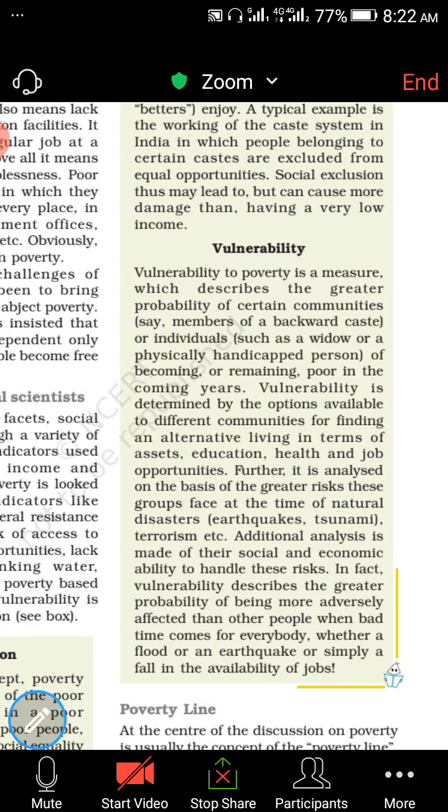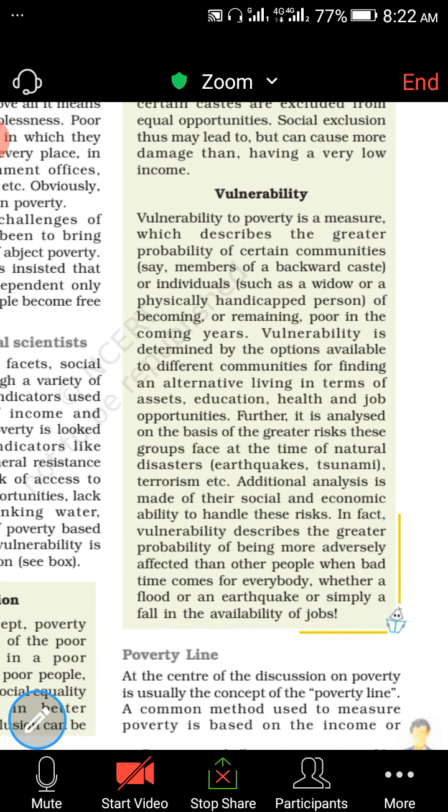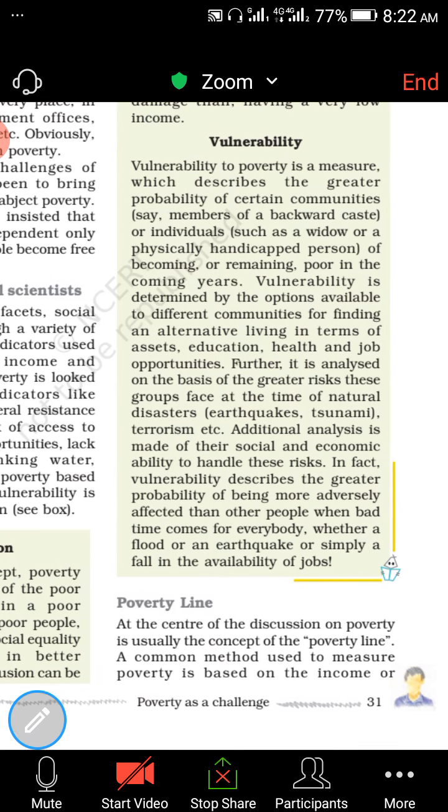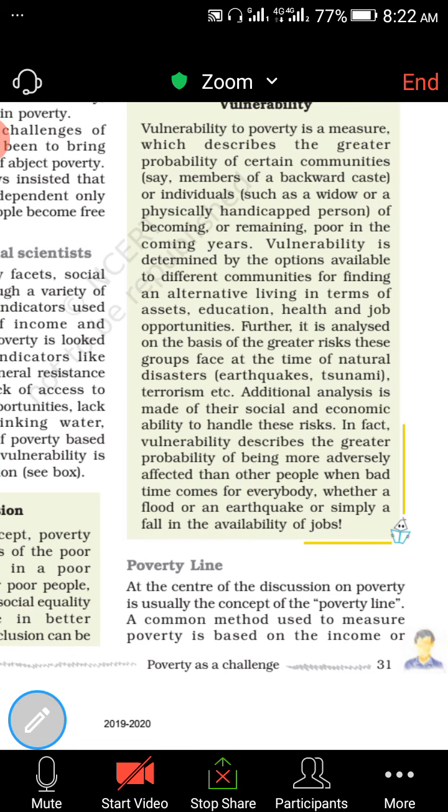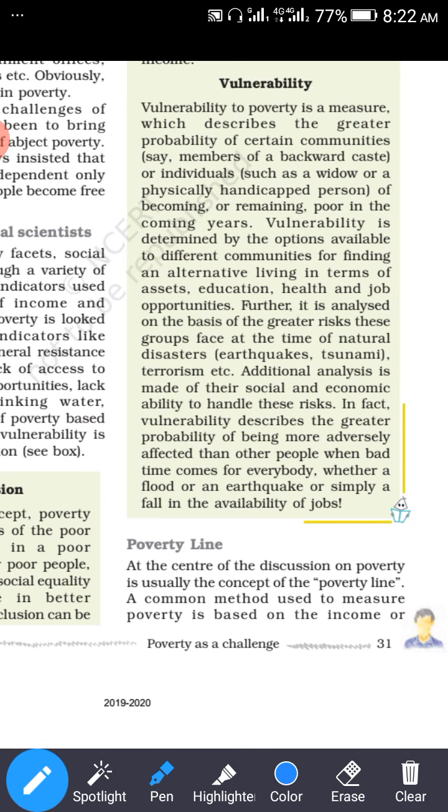Vulnerability to poverty is a measure which describes the greater poverty of certain communities. And you can also understand with examples in your surroundings, those people who are physically handicapped. Have you seen a physically handicapped person? I think all of you have seen widows or physically handicapped persons remaining poor. Why are they poor? Because they do not get support from society and the options available to different communities for finding